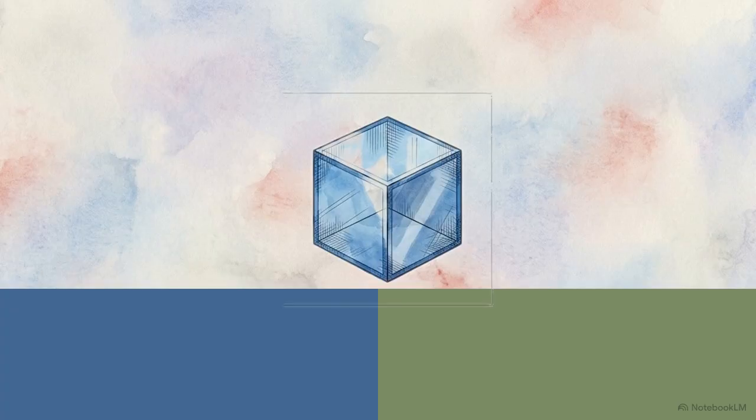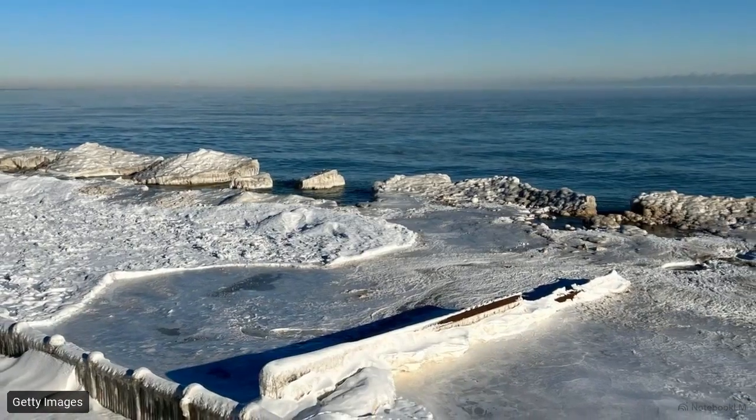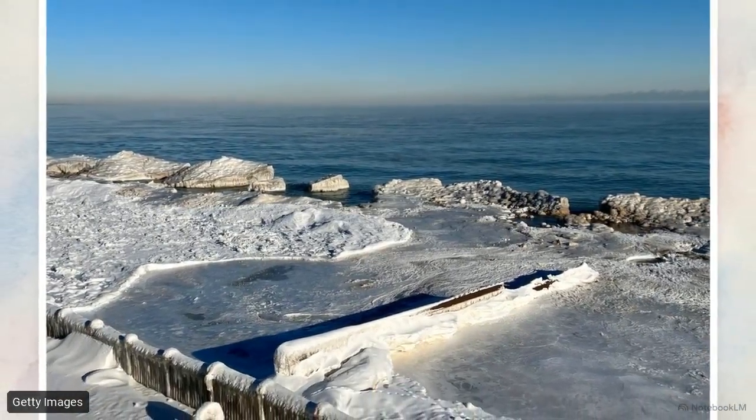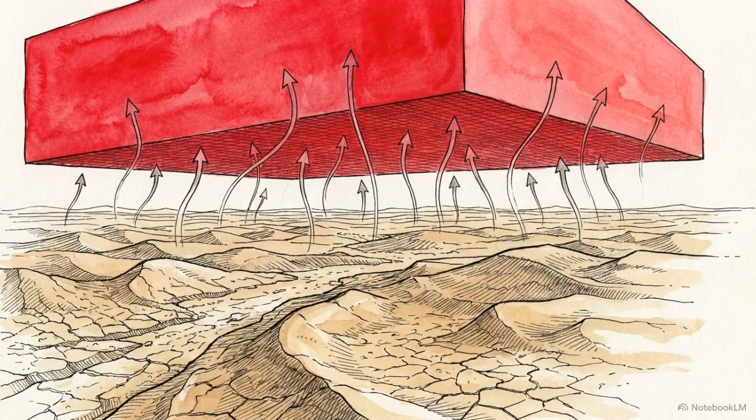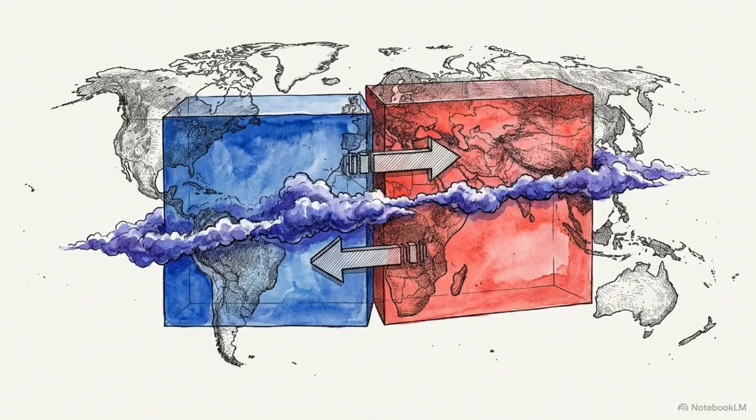These are vast parcels of air that overlie a surface long enough to absorb its specific heat and moisture properties. A polar maritime air mass originating over the northern oceans will be heavy, cold, and moist. In contrast, a tropical continental air mass forming over a desert will be exceptionally warm and dry. Aviation weather hazards emerge from the strict mechanical interaction between these colossal thermal blocks as they shift vertically and collide